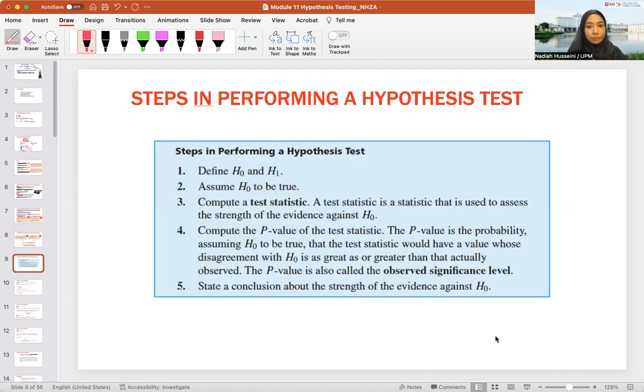So the steps in performing a hypothesis test: first, you need to define the H0 and H1. Second, you always assume H0 to be true. Innocent until proven guilty, or true until proven otherwise. Third, compute a test statistic. A test statistic is the statistic that is used to assess the strength of the evidence against H0, which is the p-value basically. But to get the p-value, we will use the z-score. And we have learned about z-score in